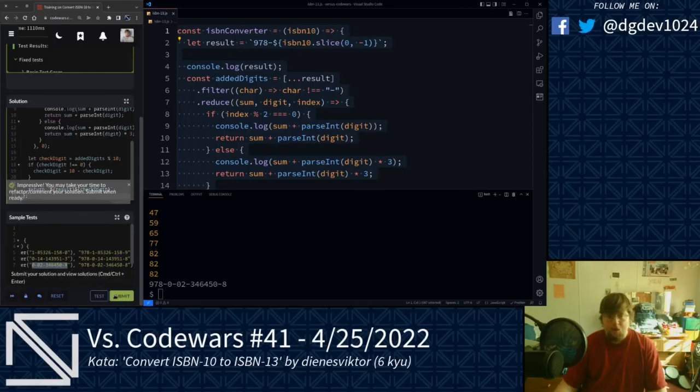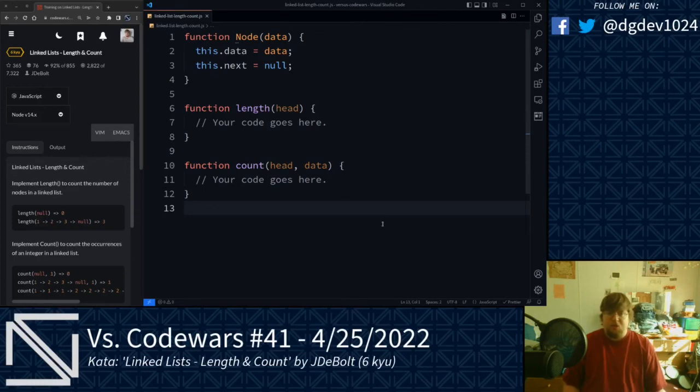And we are good. In hindsight, what I also could have done with that initial result string was to just append the 978 before it without that hyphen, and then run that string through the replace method using a regular expression to replace any instance of a hyphen in that ISBN-10 string with an empty string. In so doing, I could have more easily run that string split into its individual characters through the reduce method without having to account for those dashes using the filter method or inside the reduce method's predicate